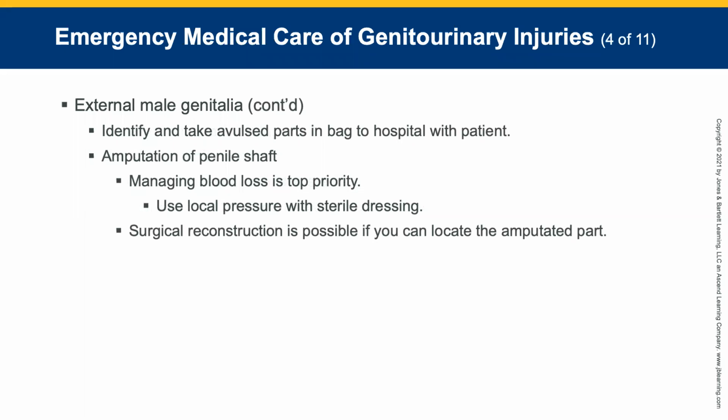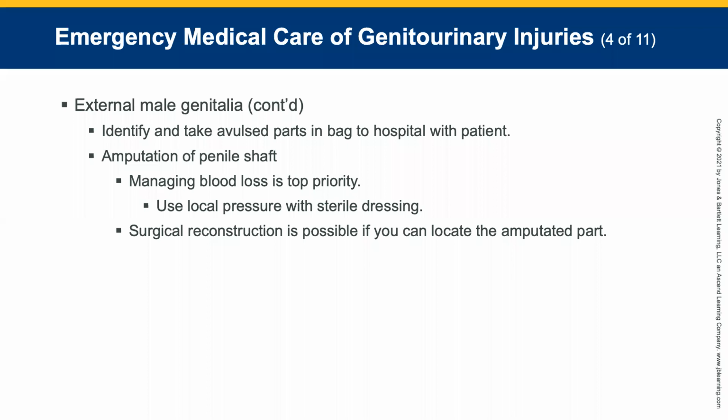Identify and take avulsed parts to the hospital. If you see anything that's supposed to be attached and it's not, put it in a bag with the patient's name on there. If the patient has an avulsion of skin on the penis, wrap the penis in a soft, sterile dressing moistened with sterile saline. Transport promptly. Use direct pressure to control any type of bleeding, and try to save and preserve the avulsed skin. I don't know what you want me to do with it besides put it in a bag and put it on some tissue.